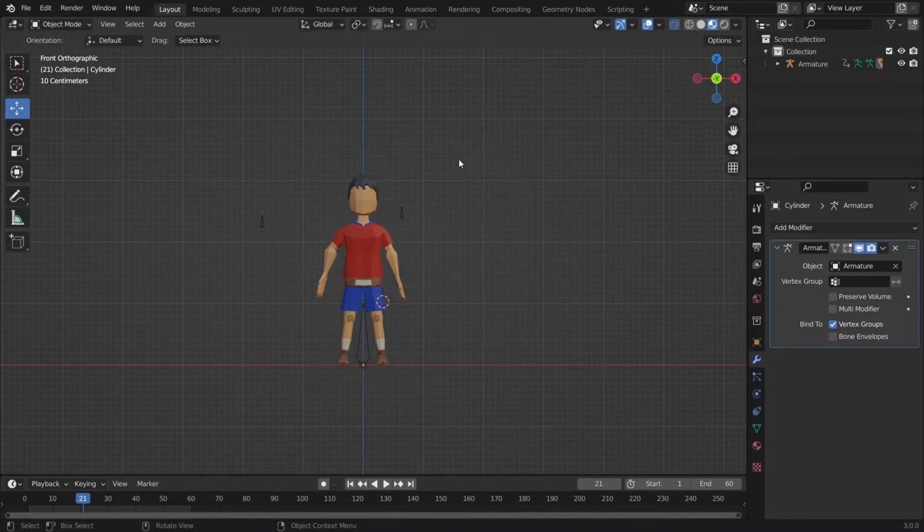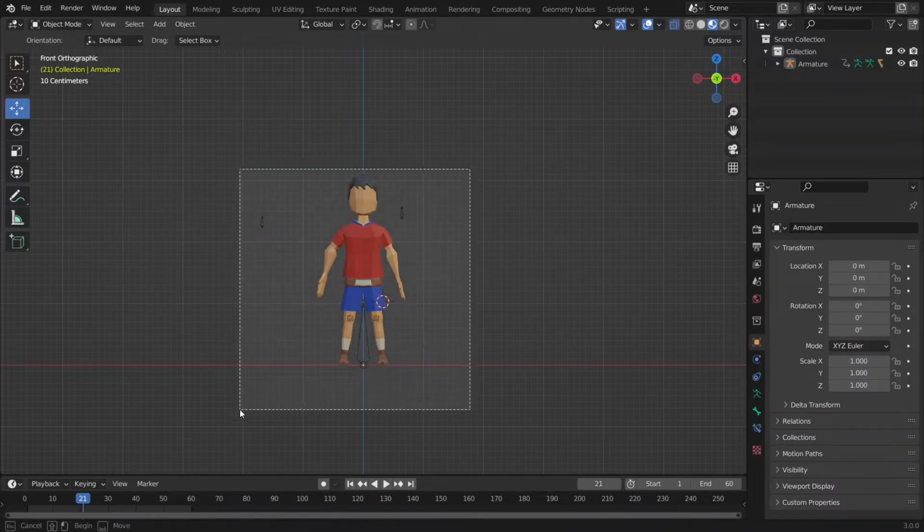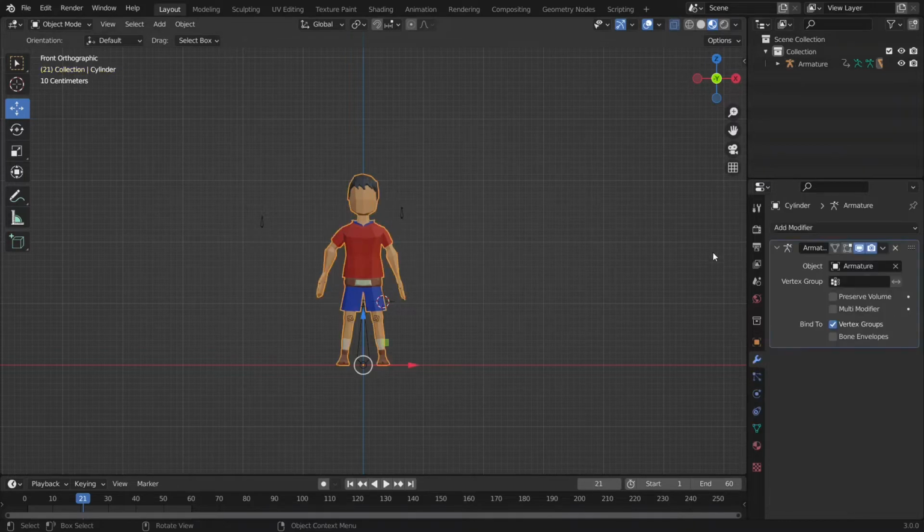So as you can see, I have my character and the armature of it. So I only have those objects. As you can see, I already deleted all the other components including the camera. You have to make sure of that, and go to your mesh and make sure under modifiers you apply all of them except this armature modifier. Now you've done all of that,